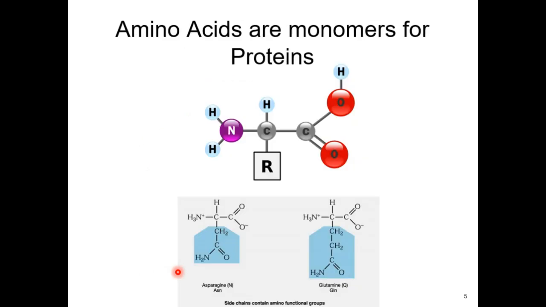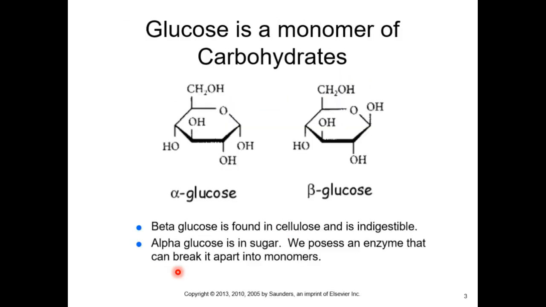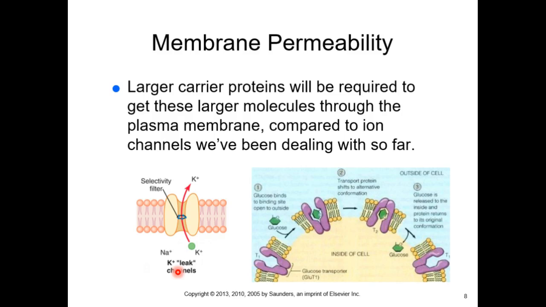Again, proteins being the polymer, amino acids being the monomer, fatty acids and glucose are the ones that we really monitor. So there's our representation of a glucose. This is why we're seeing this here today, because we're going to have specific carrier proteins or very specific transporters for these slightly larger molecules to get them across plasma membranes. It's not water, it can't do osmosis, it's not small and nonpolar, it can't simply diffuse through the plasma membrane. We're going to need specific carrier molecules. And again, those carrier molecules are going to have to work, right?